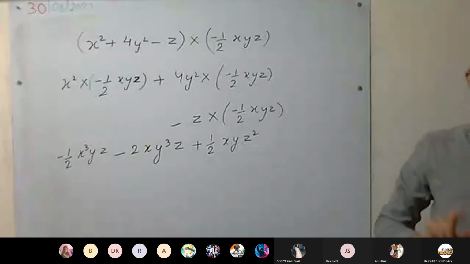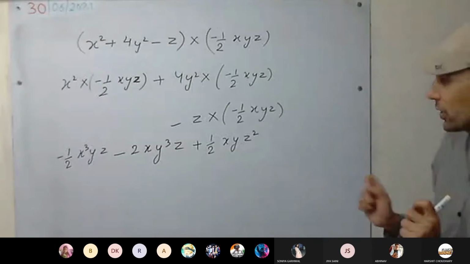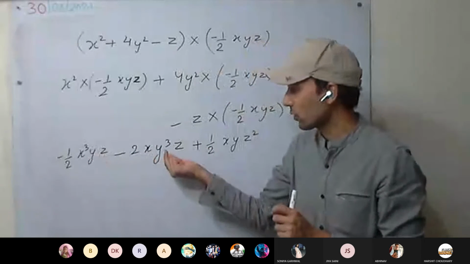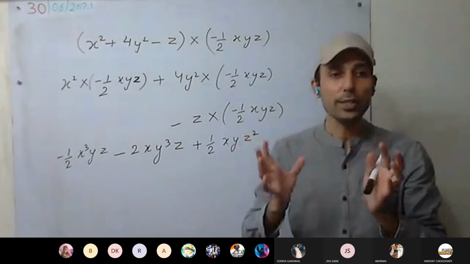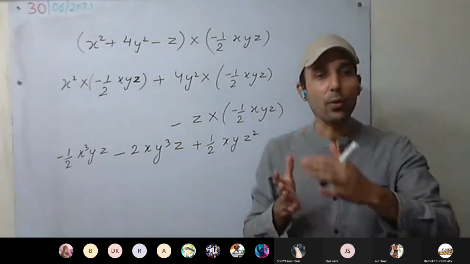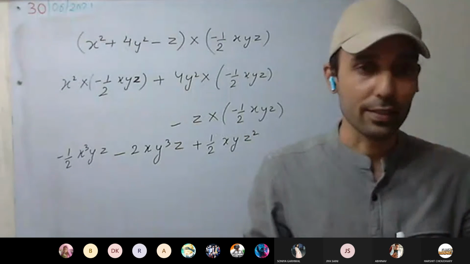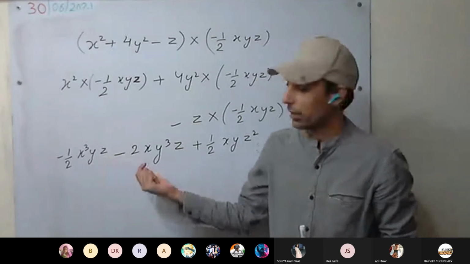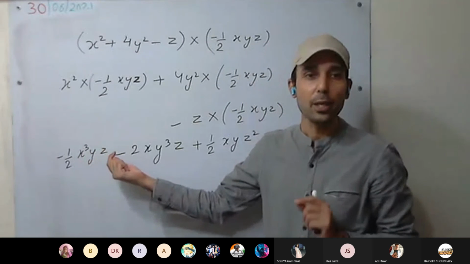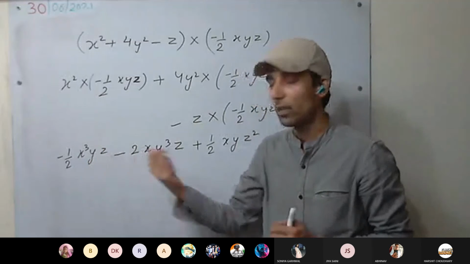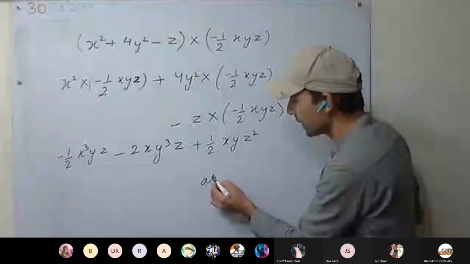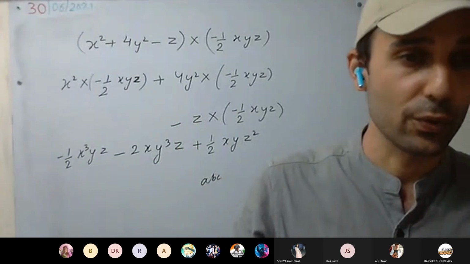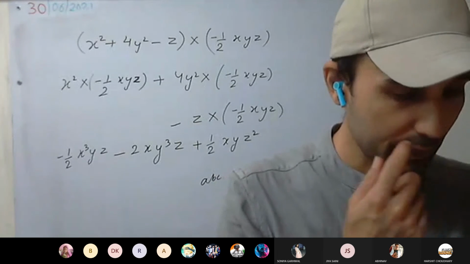So see here, we usually follow one convention: when x, y, z terms are there, first we write x, then y, then z. It is easier to understand, and our whole class answers will be quite similar. You can write z first, it doesn't matter, but we usually follow x, y, z. If a, b, c are there, we write a, b, c in this order. We made some kind of a rule to follow. Okay, this is clear.